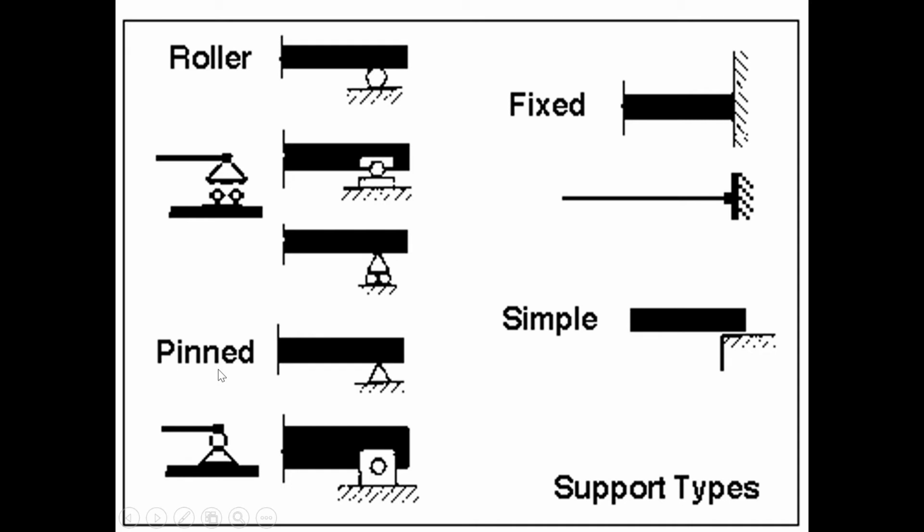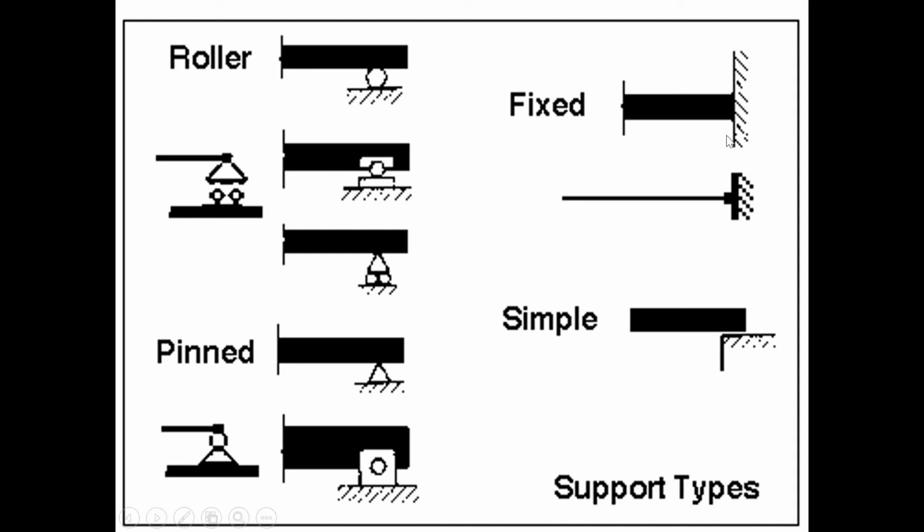Next, second one is pinned support. If a member is connected to the pinned support, the support will not allow for the horizontal movement as well as for the vertical movement, but it allows for the rotation. Pinned end is also called as hinged ends. Hinged ends cannot have linear motion in any direction, can rotate freely along the support point. So this is the support point, can rotate easily here. Support can develop required resisting force in any direction. So there is no resisting moment here in the pinned support.